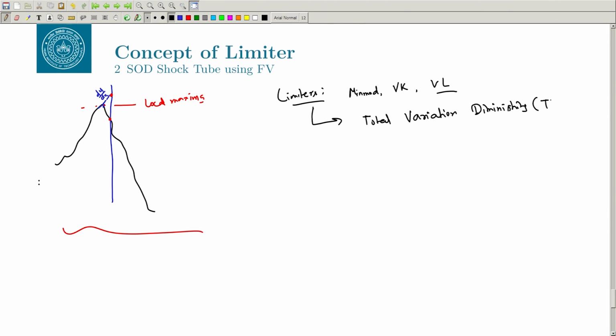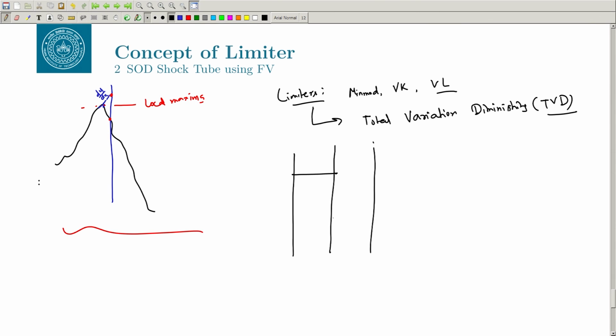Okay, or it is called TVD, an essential property for a solution or for a simulation to converge. Okay, and we have TVD temporal schemes also, so that you do not overshoot in time also. So, you have TVD in time also, this is in space. Okay. The other extreme case which may happen is that, let us say you have some values like this, okay,